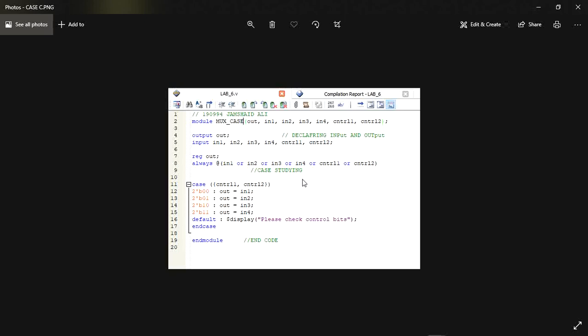So now we are going to check cases on both selection lines, such as if our 2-bit input is 1, then our output will run, and as in other cases our input changes. After that comes the default, which checks the control bits, and if we are not giving any value to our control and selection lines, then this will display the default. After begin and the cases, we at last end the case and end the module. So after getting all of our conditions, we are now moving towards our RTL viewer.